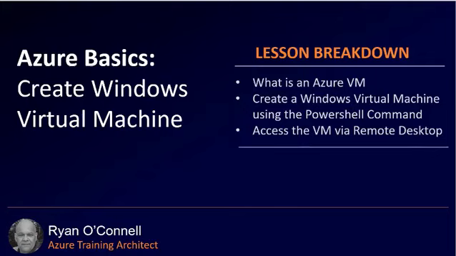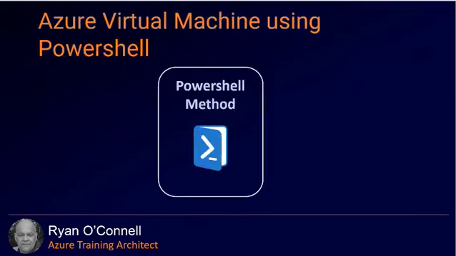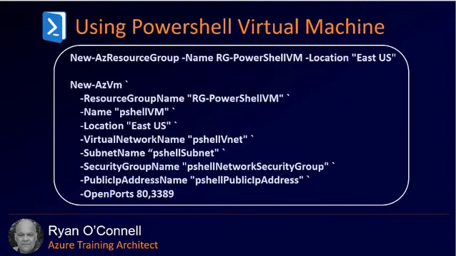In this training session we are going to create a virtual machine using the Powershell command. Once we've created that virtual machine, we will then access that virtual machine via remote desktop. Again, we're going to be using the Powershell method to create that VM. So what is the Powershell method? The Powershell method is a series of commands that we copy and paste into Powershell or type out into Powershell